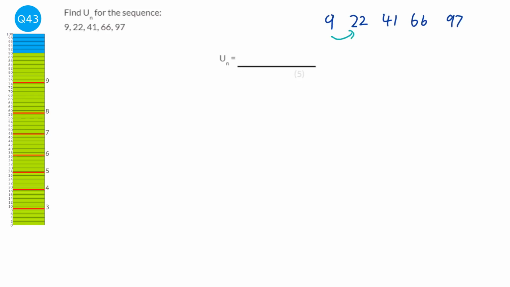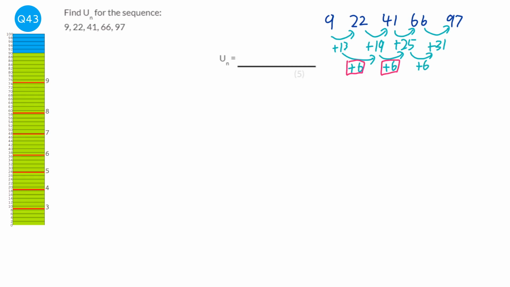So that's going to be plus 13, then we've got plus 19, so they're different already. We know that it's not a linear sequence, and that's going to be plus 31. So we now look at the difference of the differences, and so we've got plus 6 again, and plus 6 again. When you have a difference of differences, it's going to be a quadratic sequence, and we're interested in what